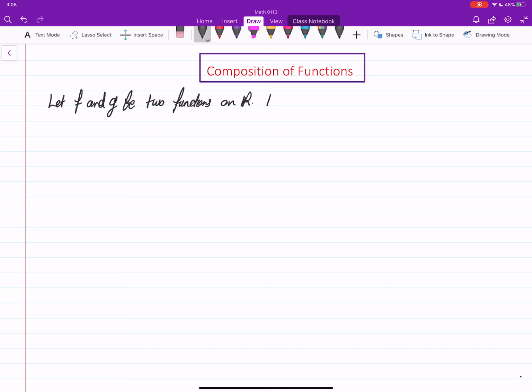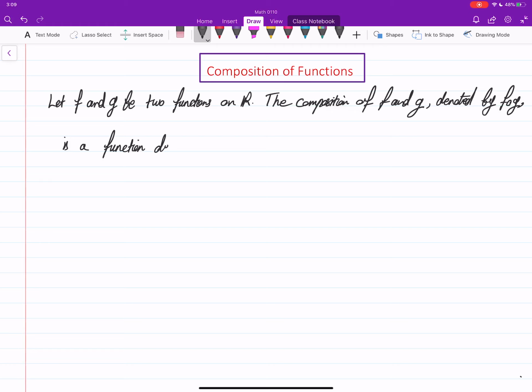Then the composition of f and g, which we denote by f∘g, denoted by f∘g, not just fg. fg is the product. f∘g is a function defined as, so